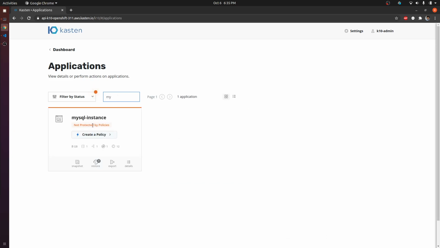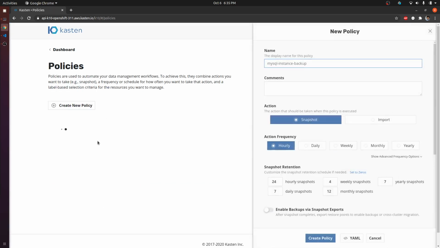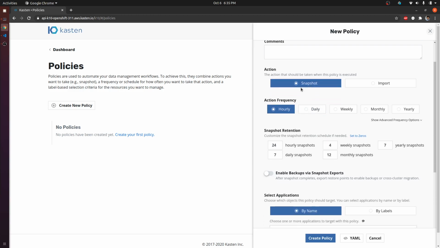So here you can see we have this application, and if we click on create a policy, using the policy we can specify the config using which we want to take a backup or export or restore the application. So in this particular case, we are going to snapshot the application, right?